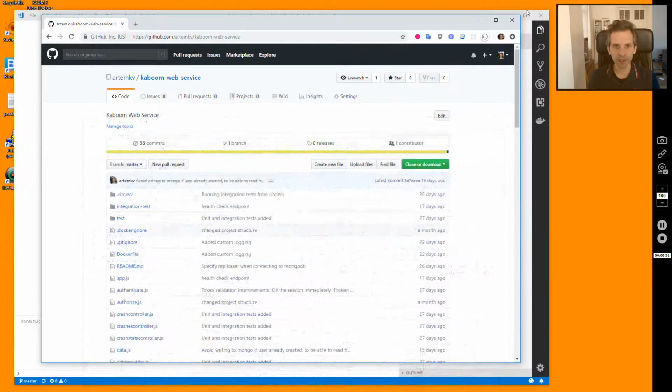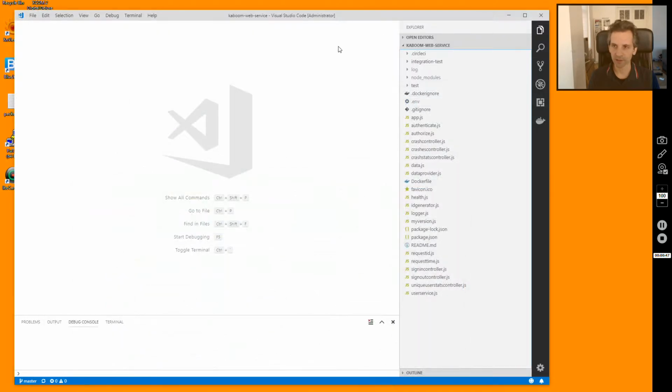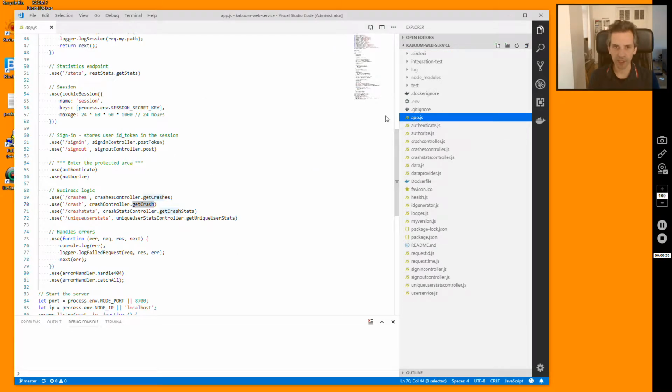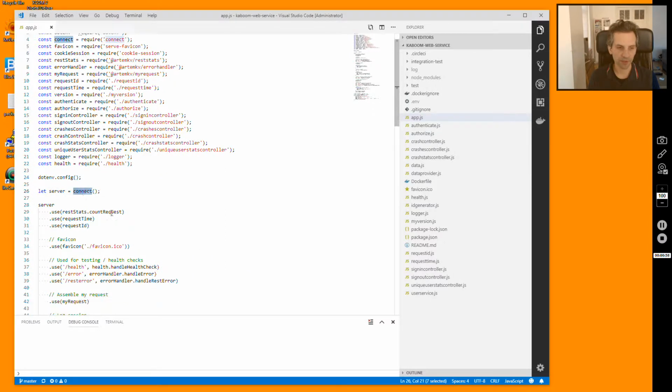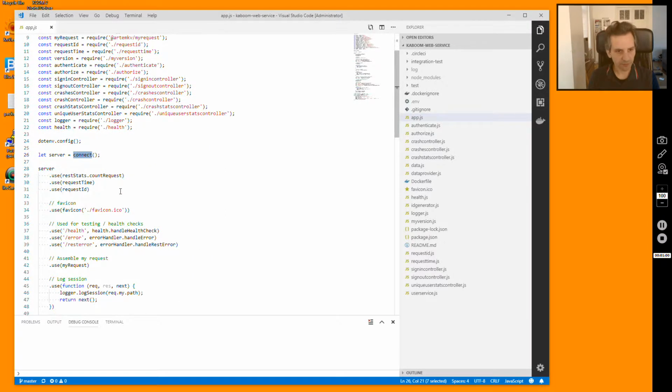As usual, you can find the code for the service on GitHub. For this service, you have to go to github.com/artyomkv/kaboom-web-service. So, let's look at the solution and go through the most important pieces of it. This is a Node.js application. So we have this app.js module where I'm creating the server and configuring it